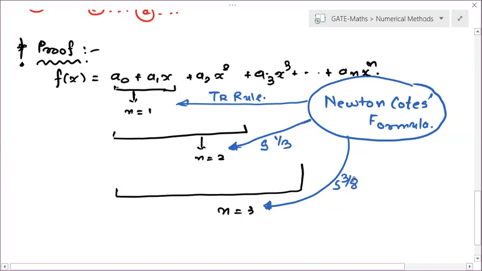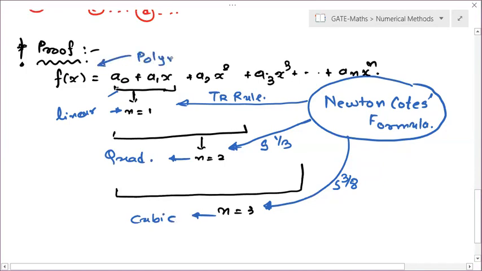Okay, so I'm giving you just an introduction of how these formulas were derived. Okay, is it clear now? Okay, so the trapezoidal formula was derived when Newton-Cotes was applied for a linear polynomial. N equal to 1 is a linear polynomial, or not? Right. So for n equal to 1, this polynomial is called linear. This is applied for a quadratic polynomial, and this is your cubic polynomial. So when you apply this formula to any polynomial, you will get the respective rule.